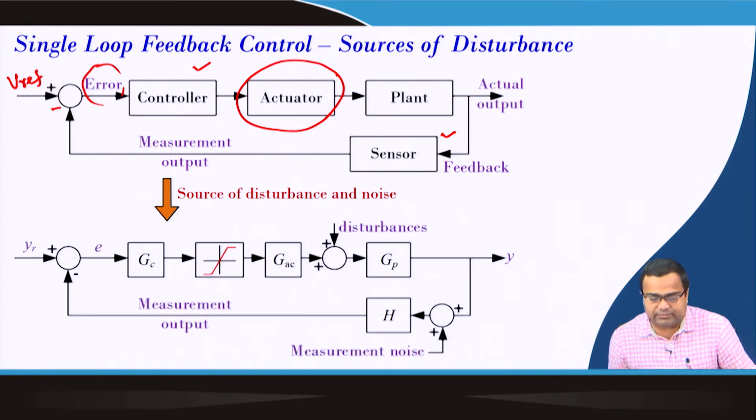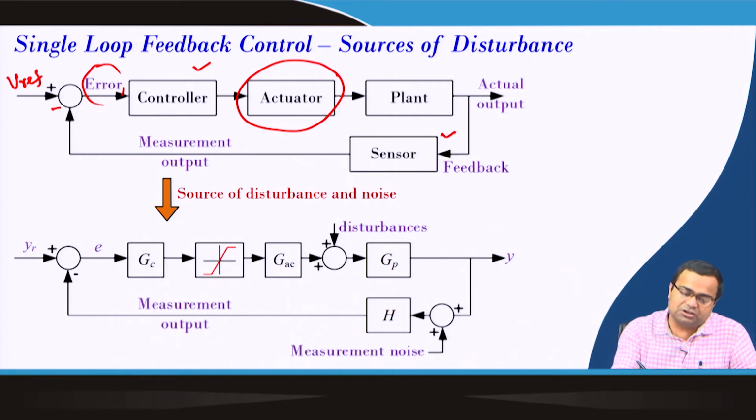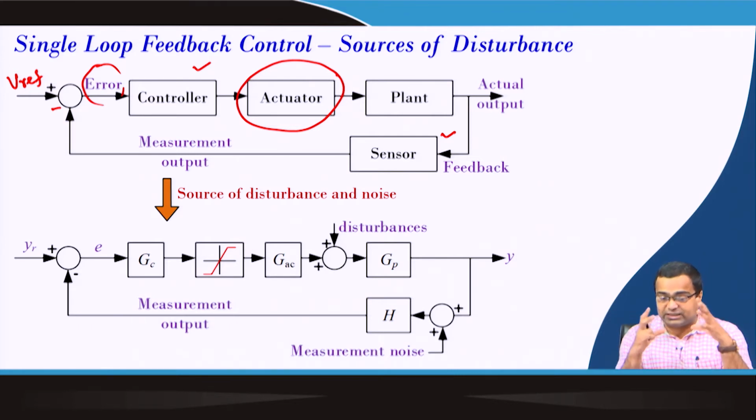So, the sources of disturbance we have discussed. In a typical control system, the disturbance can occur after the actuator output. It can also happen as part of the process, and noise actually occurs at the measurement point. That means we are trying to sense the output voltage and this noise can propagate. This noise can be like white Gaussian noise, but in spite of this noise and disturbance we have to design the controller or the compensator.